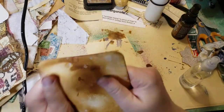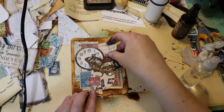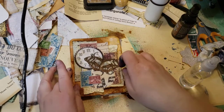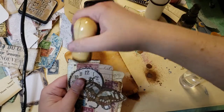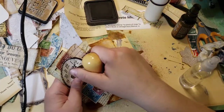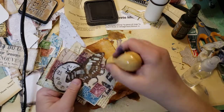I just thought these would be fun to do on a card, and then I can kind of stick them wherever in my personal journals. And that might be fun. I know I've already inked this. Oh, I know what I didn't ink? My stamps. I mean, they're pretty old. They don't have to be inked, but...